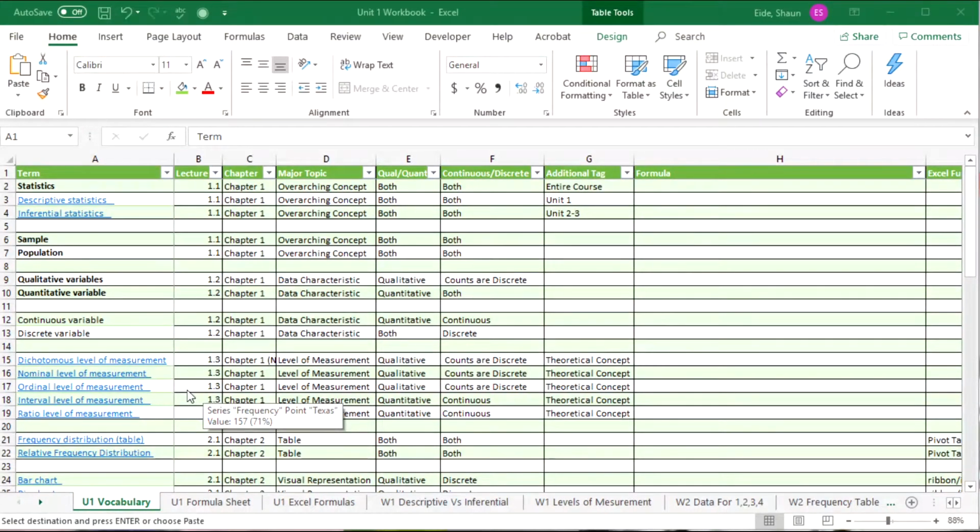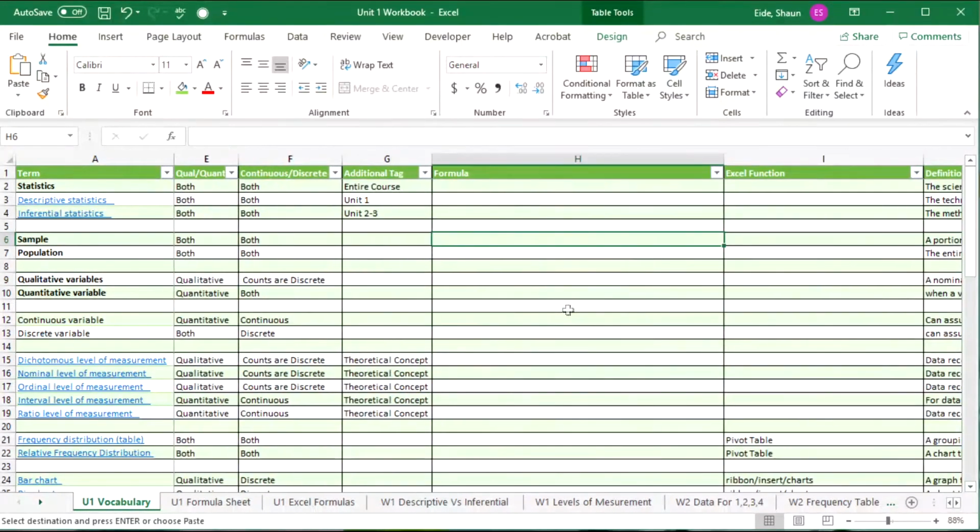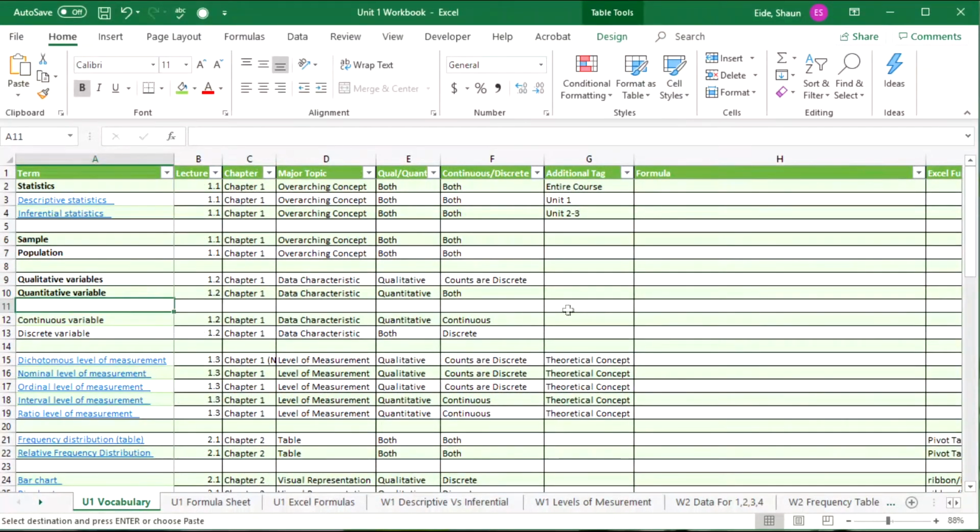Okay, in this lecture, I am going to get you all started with the Unit 1 workbook. This is a workbook that has pretty much everything that you need to know for the entirety of Unit 1. This will be a location where you can look at the different vocabulary. You can scroll around in here, and you'll be able to see all this vocabulary on the left-hand